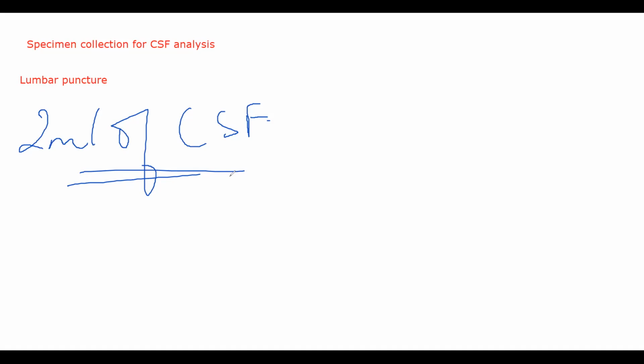You'll check for 4 main things in the CSF. You'll check for meningeal infection. You'll check for subarachnoid hemorrhage. अगर subarachnoid hemorrhage है बोले तो CSF will come out bloody. या फिर you will check for tumor cells, malignant cells or tumor cells, or you will check for any demyelinating disease. You will start seeing fragments of myelin sheath in your CSF. Demyelinating disease check करते.